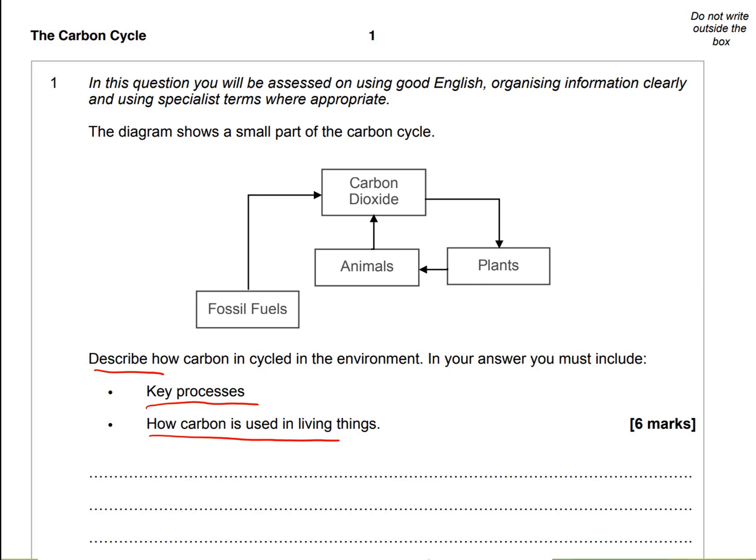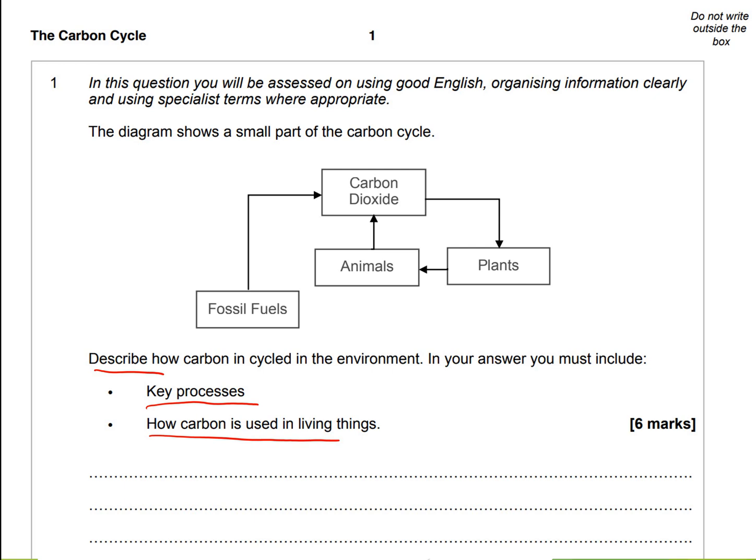Take your time. I want you to spend some time planning it out. So on a piece of paper, you can do yourself a rough plan, just as you would in an English essay, okay, making sure that you've got all the key words. And then from your draft, okay, from your key points that you've made that you want to include, that you think will help you pick up maximum marks, I want you to have a go at writing your answer. If you can do this without using the notes in your book, then that's absolutely fantastic. It shows that you've understood it and you can explain it clearly.